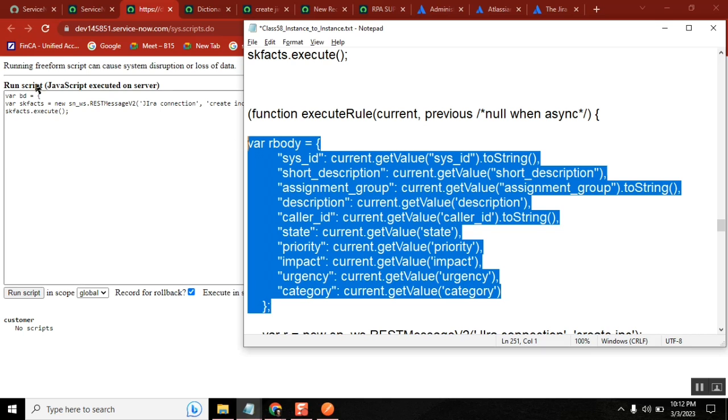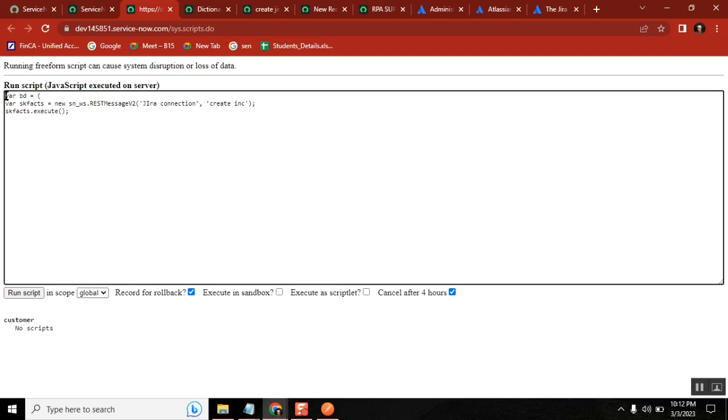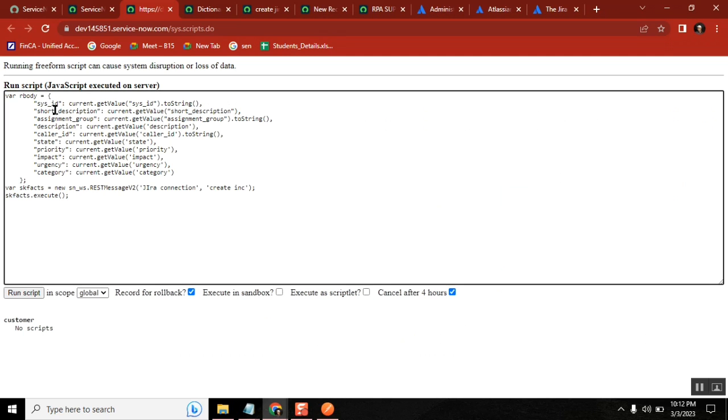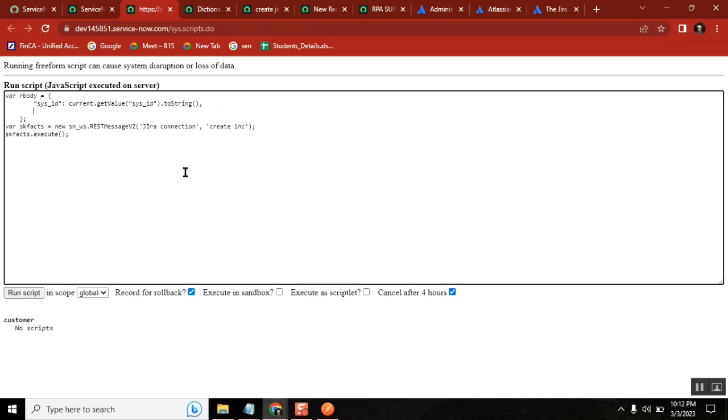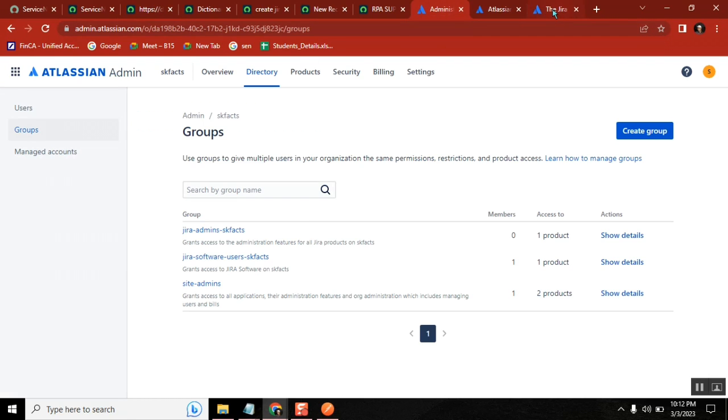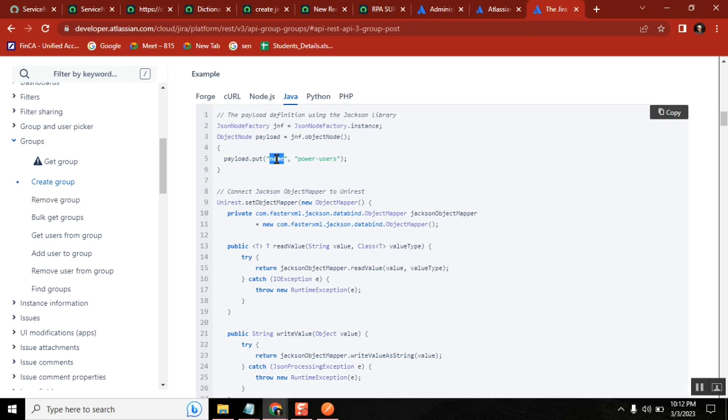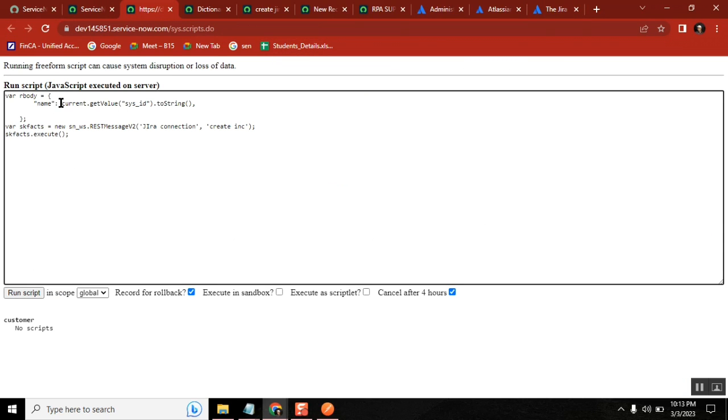But sir, in ServiceNow we have a field, so will the same fields be in the Jira application also? No, we are not using anything like that. How will it map that? Name is the field for the group. Just name. That's what the documentation told us. Name is the parameter we need to pass. Name equal to